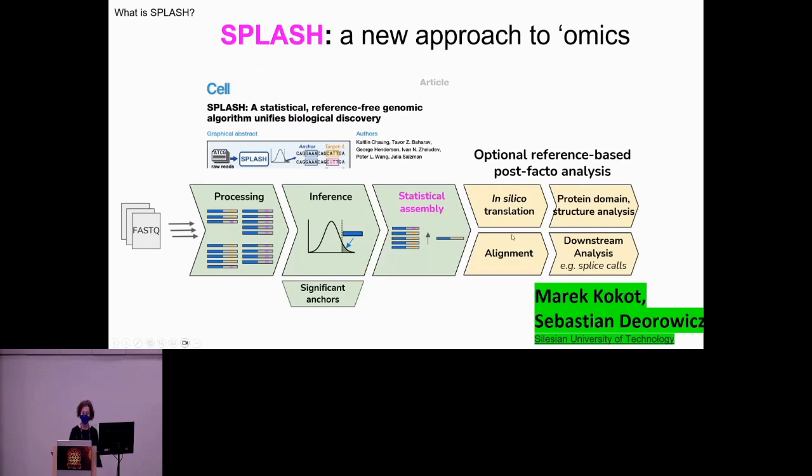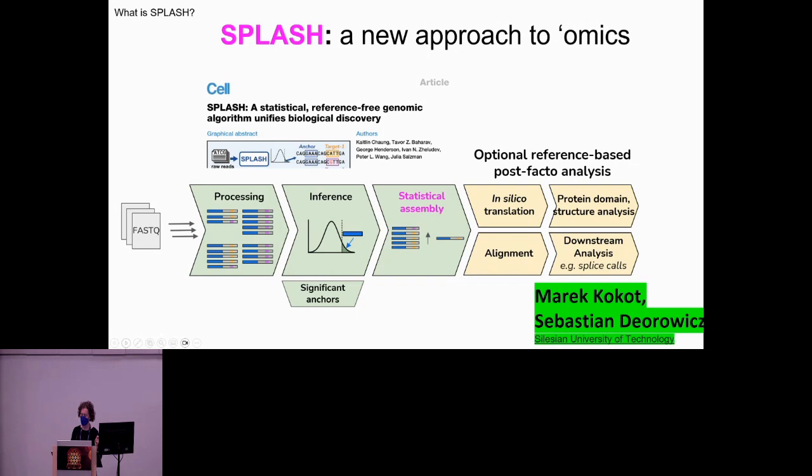So what happens is we do statistical inference. Not sure if you can see my cursor. I don't think you can. So we do statistical inference. Then we have an optional statistical assembly that extends. You might be thinking to yourself, 27 is very short. How could you do anything with this? Blue sequence, or even the concatenation of 54, we have a statistical assembly approach that was developed by a team led by Sebastian Deorowicz's group and others. This whole implementation of SPLASH, I should say, is due to them.